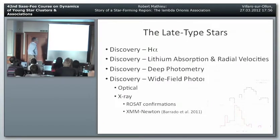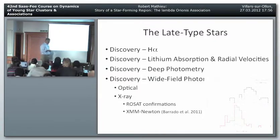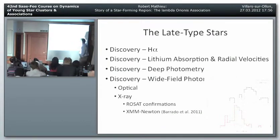And then finally, the X-rays. X-rays are incredibly valuable for searches because young stars tend to have very, very active chromospheres, much more active than the main sequence, and that's what makes X-rays a diagnostic. It's kind of a surprise that such a high energy phenomenon would be a diagnostic for what is usually considered to be a low energy cool event. But they're very effective. For our original study, the Rosette observations are mostly confirmations of stars that had already been found by other techniques. But with XMM-Newton, we can go quite a bit lower, and this will be relevant